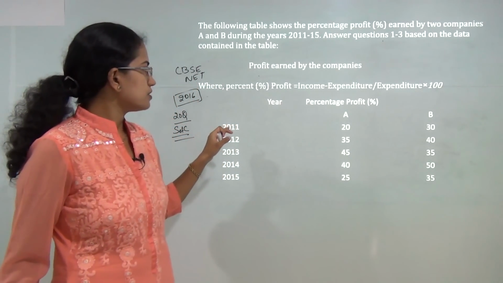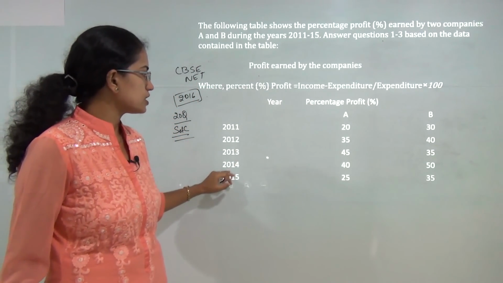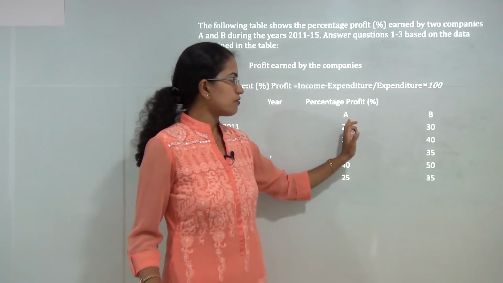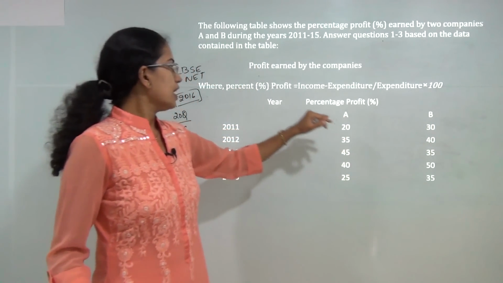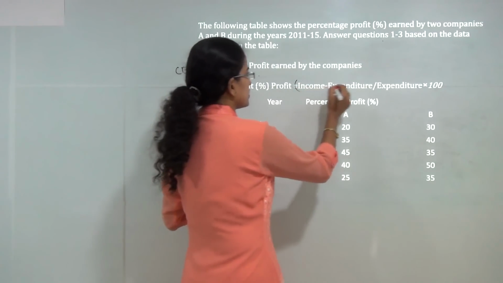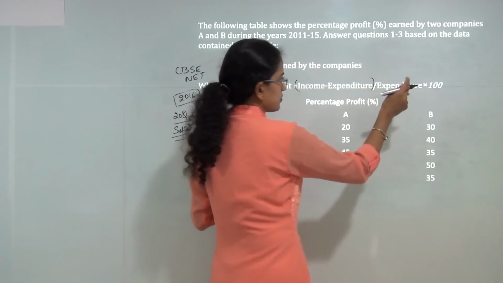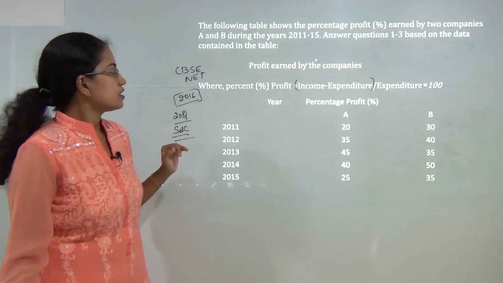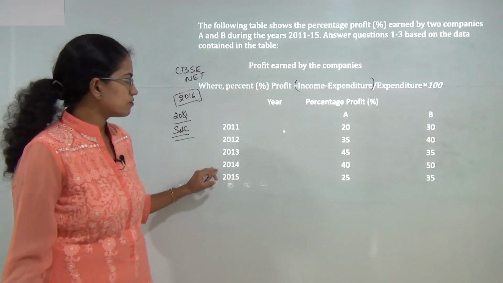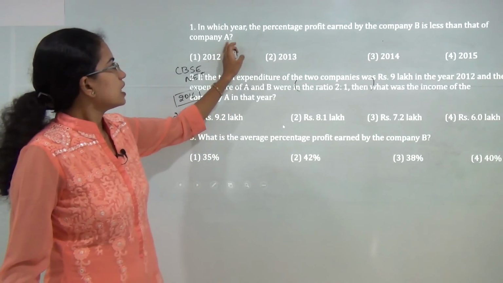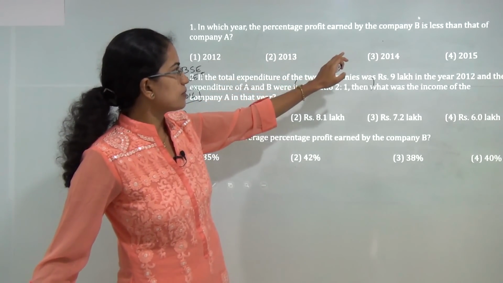So we'll start with the first set of questions, which is based on this table. You have the percentage profit earned by company A and B, and it is given that profit is income minus expenditure divided by expenditure into 100. Now based on this information, the first question is, in which year the percentage profit earned by company B is